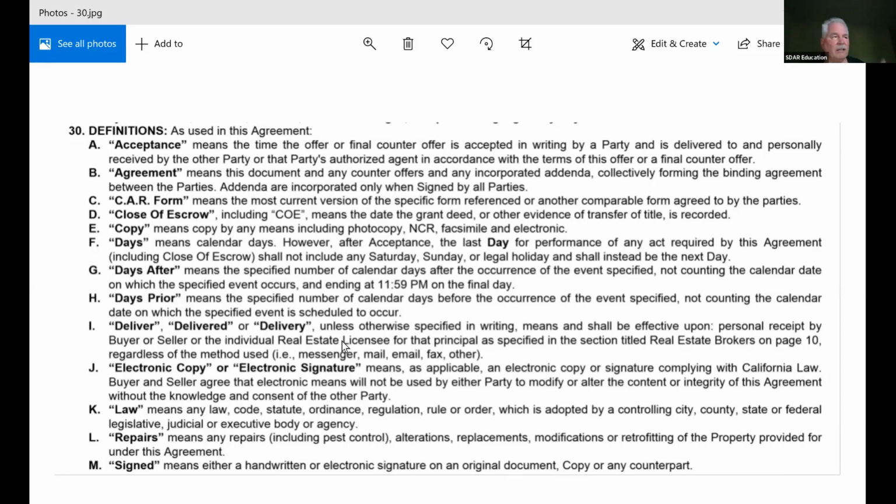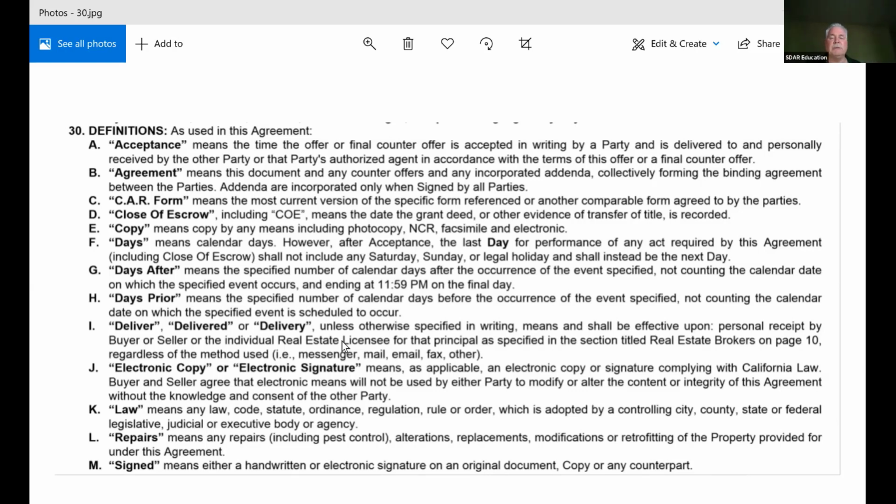All right. Okay, law means any law, code, statute, ordinance, regulation, you call it what you want. People think that the Department of Real Estate issues laws. They don't. They issue regulations that have the full force and effect of law. I would listen very carefully to what they tell you to do, right? But anything you call it, which is adopted by a controlling city, county, state, or federal legislative body, blah, blah, blah, that's going to be the law. So you can call it a regulation. DRE issues regulations. I think it's a law. I'm going to follow it like it is, okay? Even though by law it's really a regulation. By contract, we're saying we don't care. We're just going to call it all a law, okay?